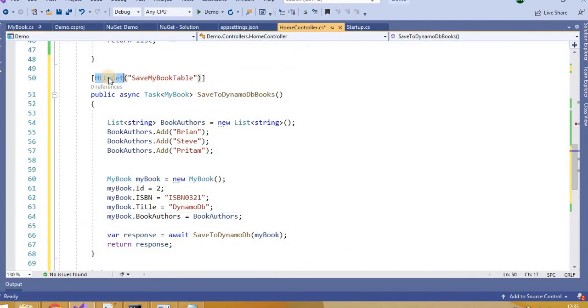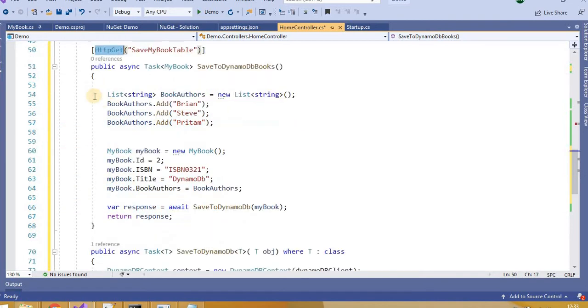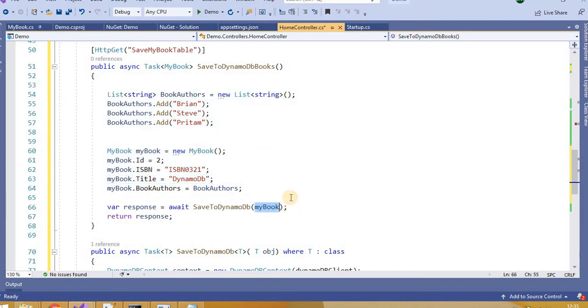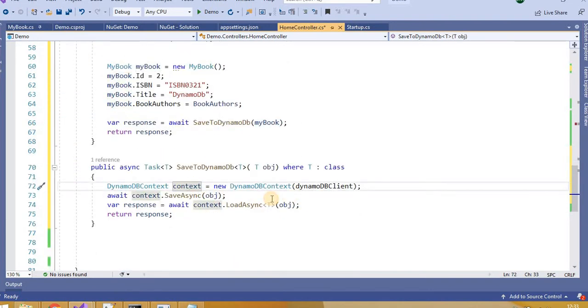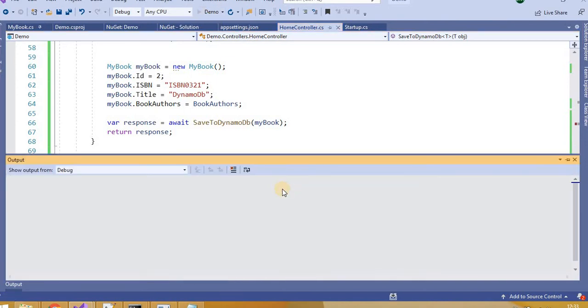Actually this should be a post method, and we will pass all these details in the body of the post method, but I'm not going to use Postman or Fiddler, that's why I just say it's a GET method. And let's initialize these things here statically and pass MyBook.